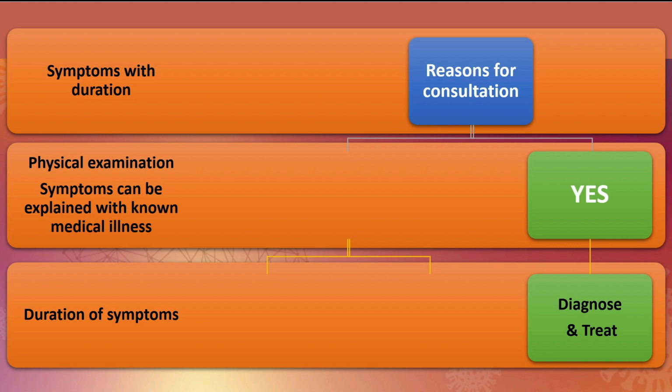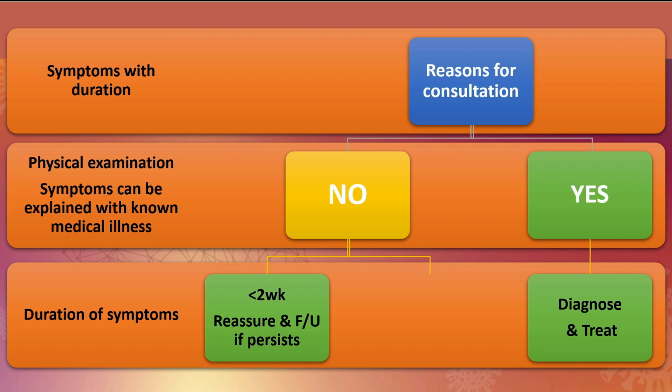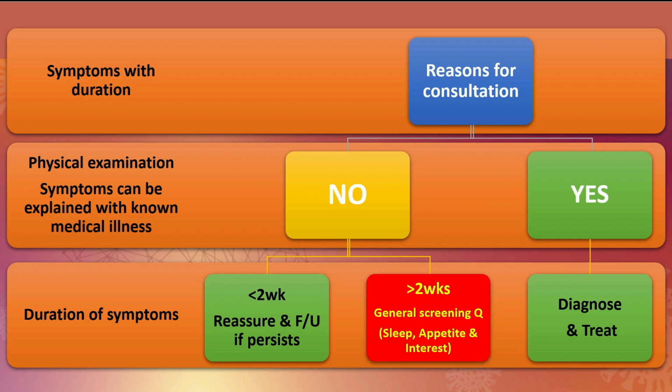Suppose the presenting symptoms you are unable to attribute to any medical condition, symptoms are vague, the patient is repeatedly coming to the hospital, and the duration of symptoms is less than 2 weeks, reassure them, ask them to come for follow-up if the symptom persists. If the patient reports symptoms for more than 2 weeks, then use the general health questionnaire from 1 to 21